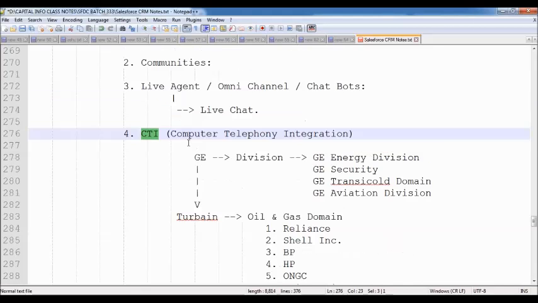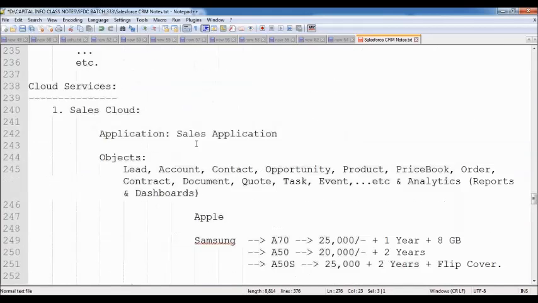Based on that mobile number, it will go to the contact object, and in this contact object, it will go through the records. It will verify: do we have any customer with the contact number, some so-and-so number? It will collect the mobile number that you have used to make the call, go to the contact table, and verify in the database table whether we have any customer with this particular contact number or not. If yes, it will open that record automatically.